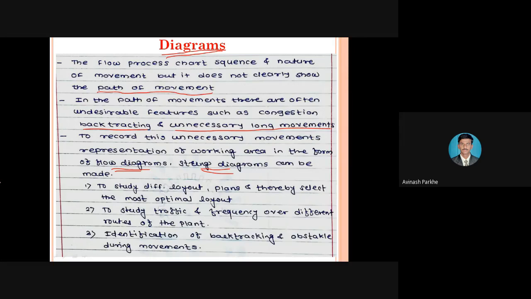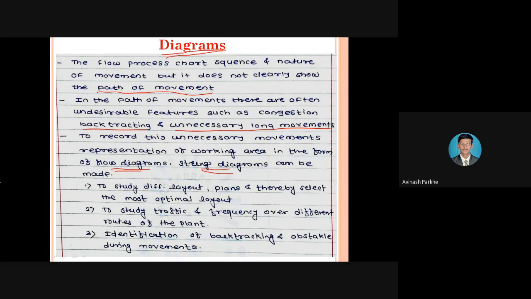Because designing the layout means, from the start to the end, you have to design your layout in the proper working condition or in the proper way. Layout in the sense machine number 1, machine number 2, machine number 3, machine number 4, machine number 5, machine number 6, like that. We have to give the proper sequence of operation. After machine number 1, at what distance machine number 2 should be provided. After machine number 2, at what distance machine number 3 will be provided. So we are designing that layout, and during the designing of that layout, this flow diagram or the string diagram plays very, very important roles.